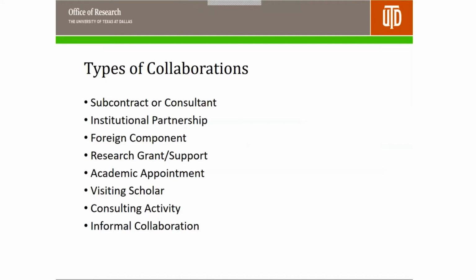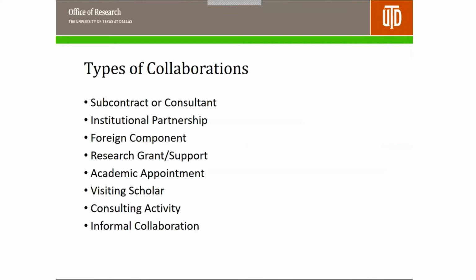Ask these kinds of questions about export control and conflict of commitment risk before engaging in this collaboration. And then, in terms of hosting a visiting scholar, engaging in a consulting activity, or informal collaboration, these are the least formal types of research collaborations. But despite that, there are still risks for conflict of commitment and export control compliance,